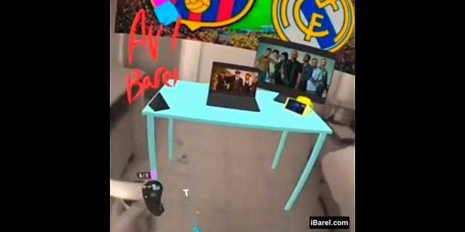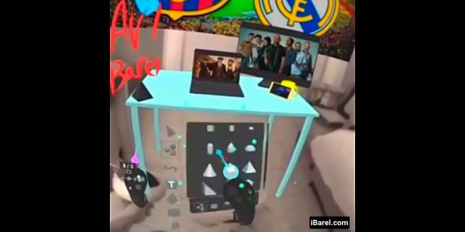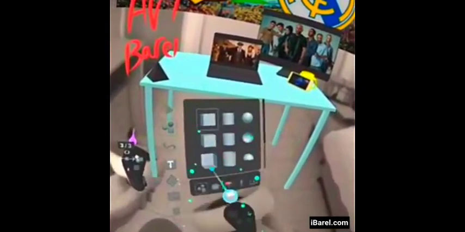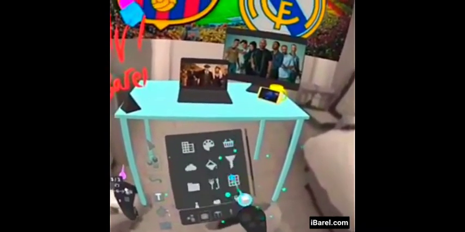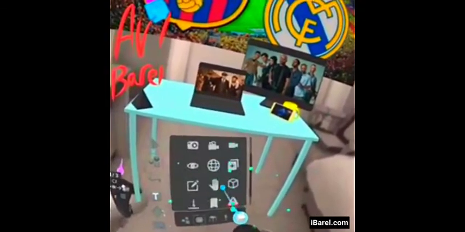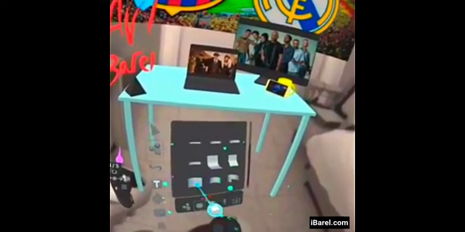But as you can see, I can go ahead and do other stuff. For example, use the basic figures that we have here to design stuff. We can go ahead, obviously, and design the UI for holographic or mixed reality or extended reality XR stuff. So for example, if I want a holographic screen,